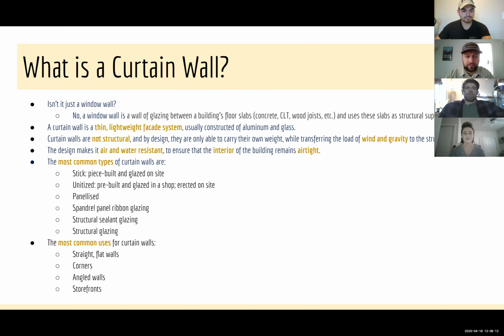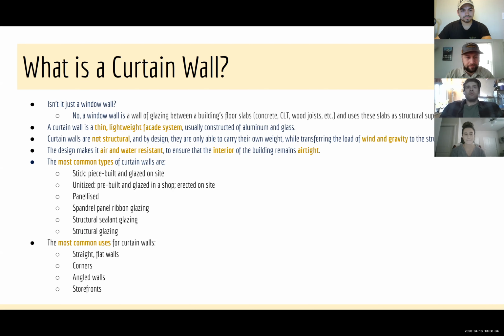But a curtain wall is a thin, lightweight facade system, usually constructed of aluminum and glass. Curtain walls are not structural, and by design, they're only able to carry their own weight while transferring the load of wind and gravity to the structure itself. This design makes the curtain wall air and watertight in order to ensure the interior of the building remains airtight